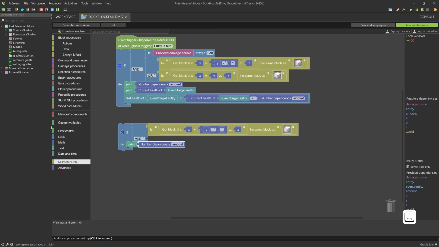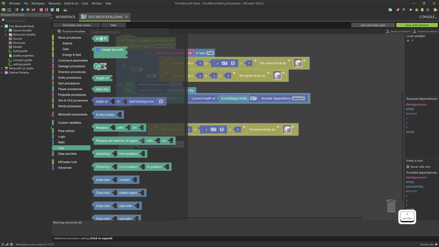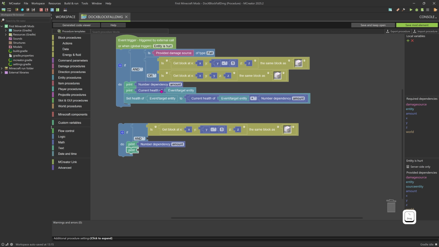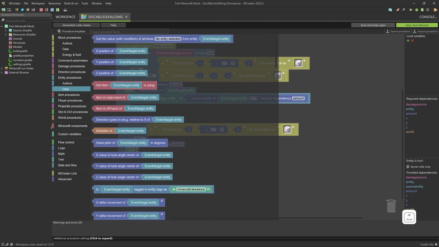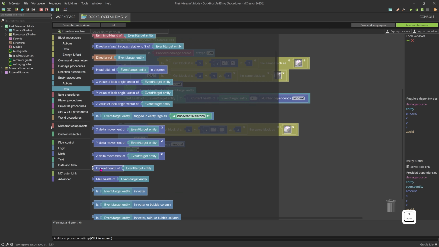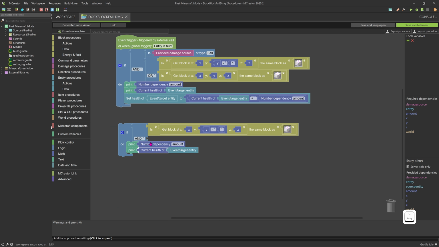And then we'll do another print statement. The current health is under entity, data, and there's current health, so you can put that there. That'll give me the damage I took and my current health. Then what we want to do is set the health to negate the damage of falling. We're going to set the health of our entity to be the current health plus the damage we took, right? So